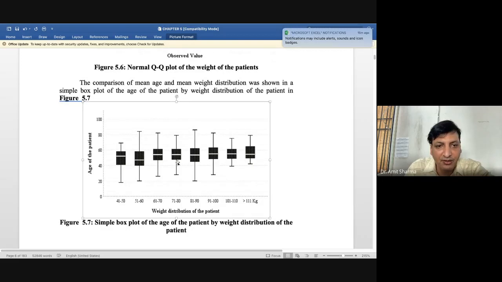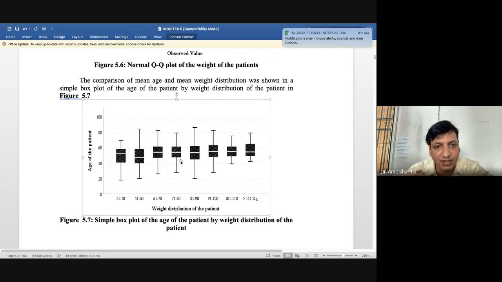This graph was made by SPSS. So we did the comparison of age with the weight. For this comparison we have not applied any statistical test. Just by using the data I generated a graph, and the graph has been added in the thesis, and we can see how much the mean is deviating, with different means here.